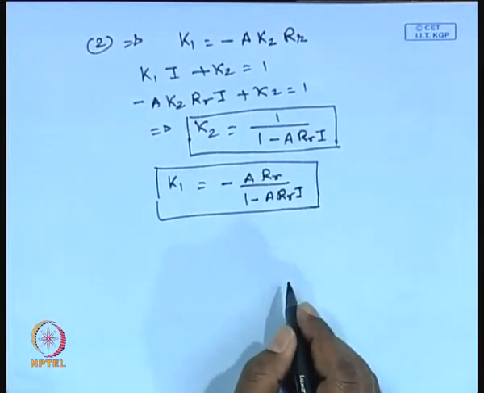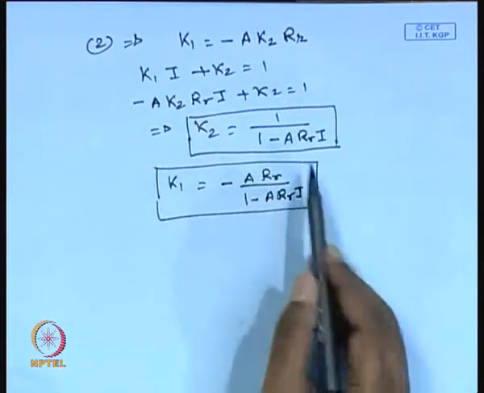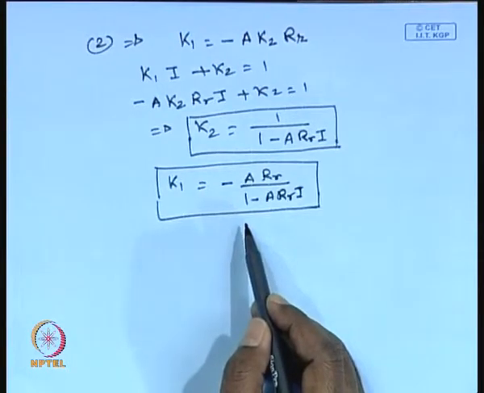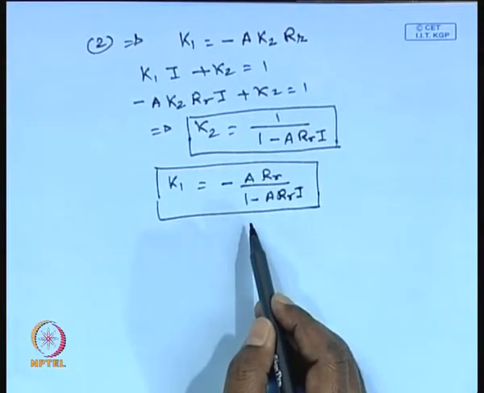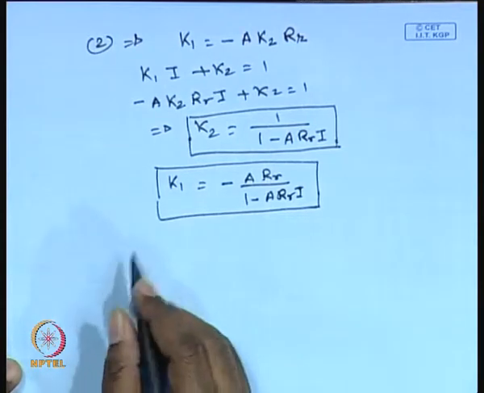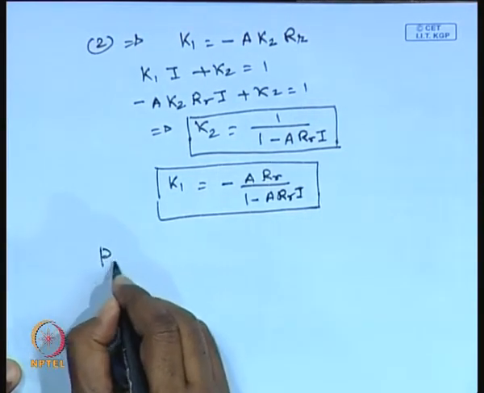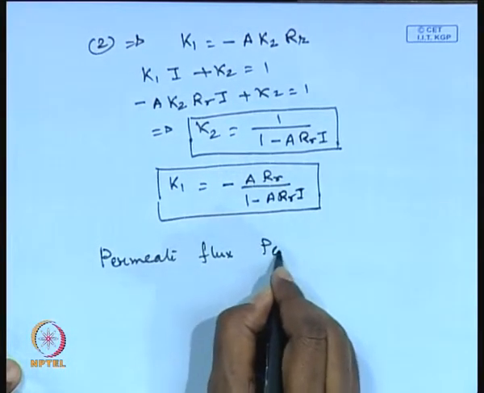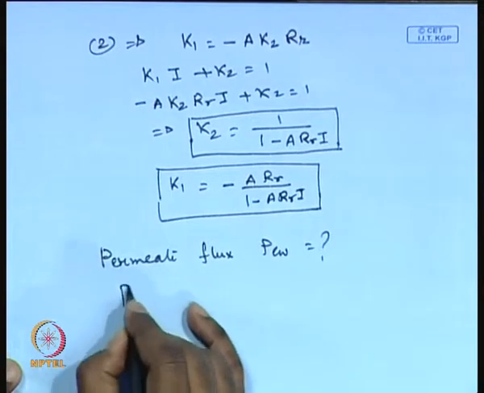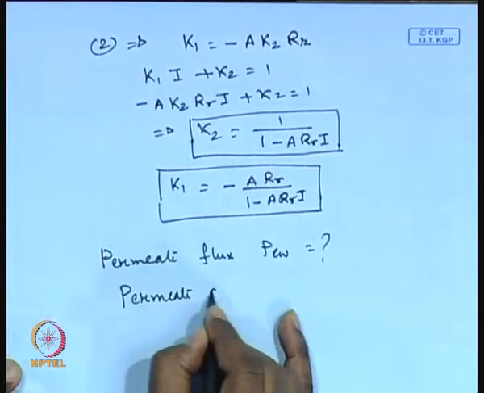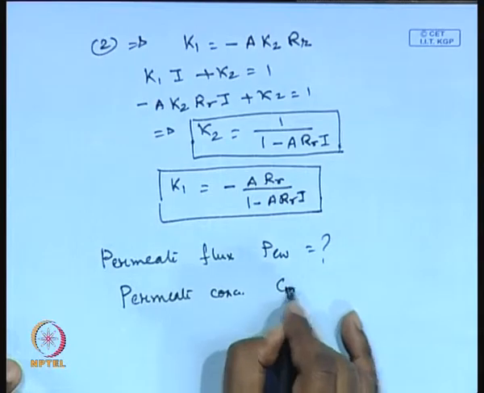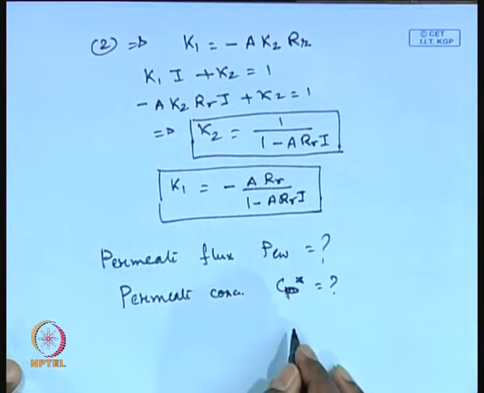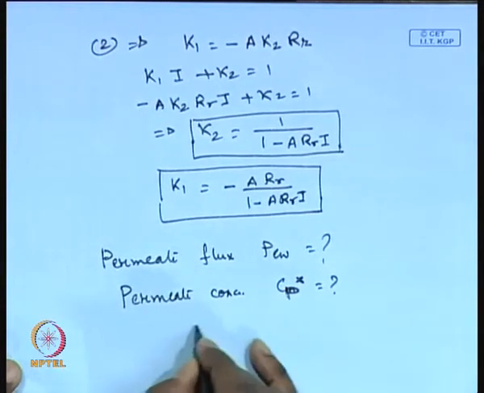Okay. So, using these two constants k1 and k2 and knowing the value of a, one can evaluate the concentration profile within the mass transfer boundary layer. But our aim is to evaluate the non-dimensional permeate flux and the permeate concentration, Cp star. And Cp star can be obtained if you can evaluate the Cm star, the membrane surface concentration, through